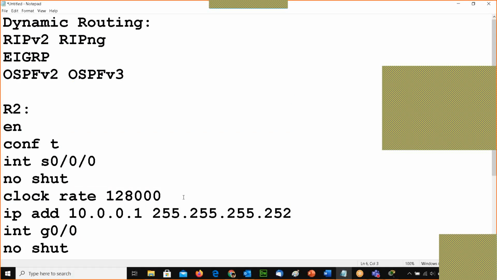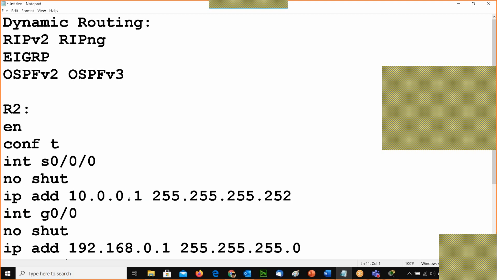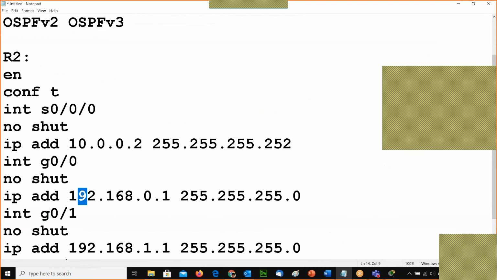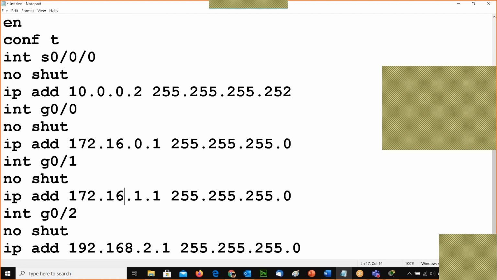What I'm going to do is I don't require a clock rate there. Here I'm just going to give 2. In that case, I'm taking a network of 172.16. I'm taking a different network altogether there.